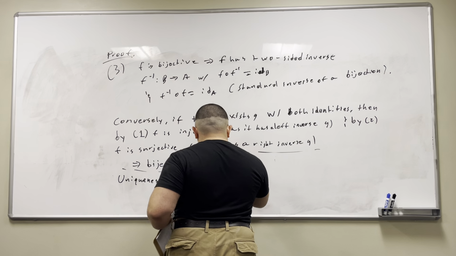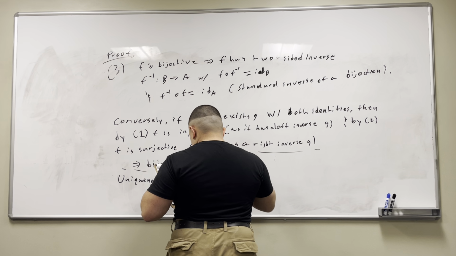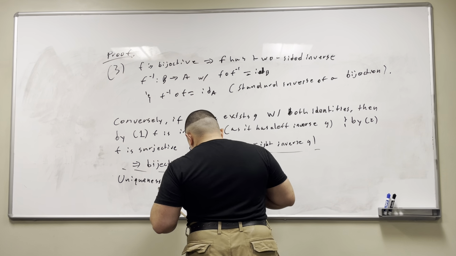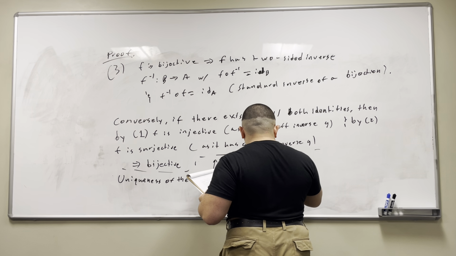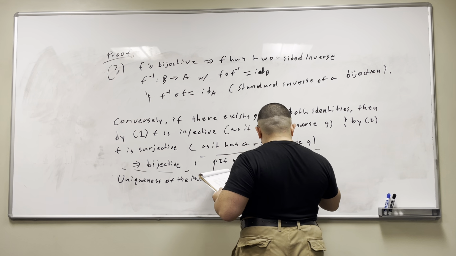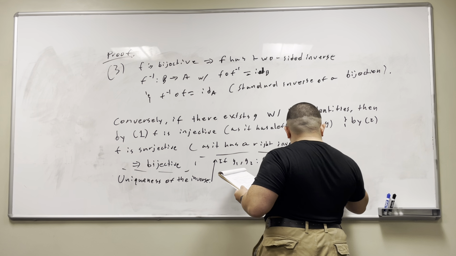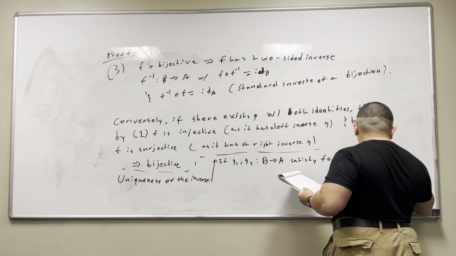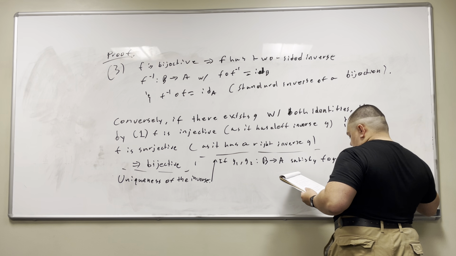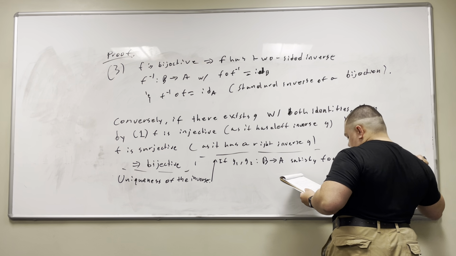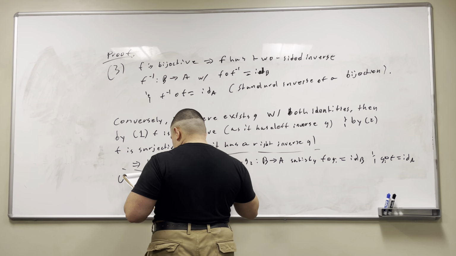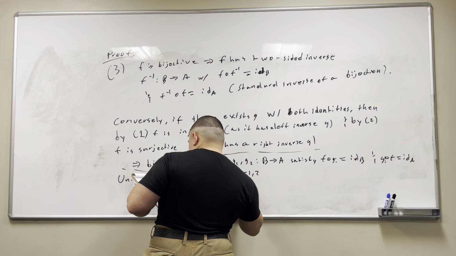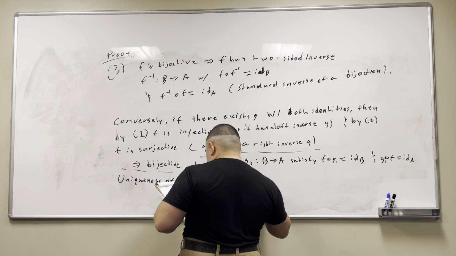Now, if g_1, g_2 both satisfy, or are maps from B to A, which satisfy f composition g_i is equal to the identity of B, and g_i composition f is equal to the identity of A for i equal to 1, 2,